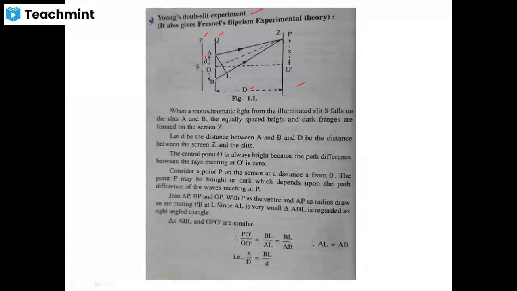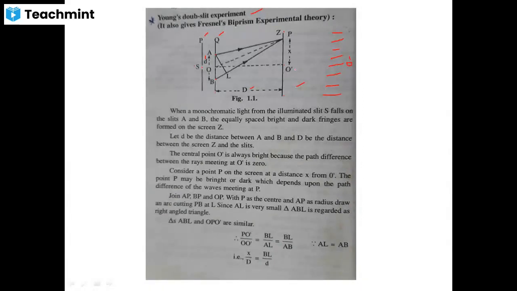So what we are showing here is that from this opening we have taken a ray of light like this. So AZ is one ray, right? We have taken one more ray, BP. BP is another ray. So on the screen we get an alternating dark and bright fringe pattern, right? So this is what we get on the screen. So what is this O dash? O dash is the central maxima. O dash corresponds to the central band, the central maxima.